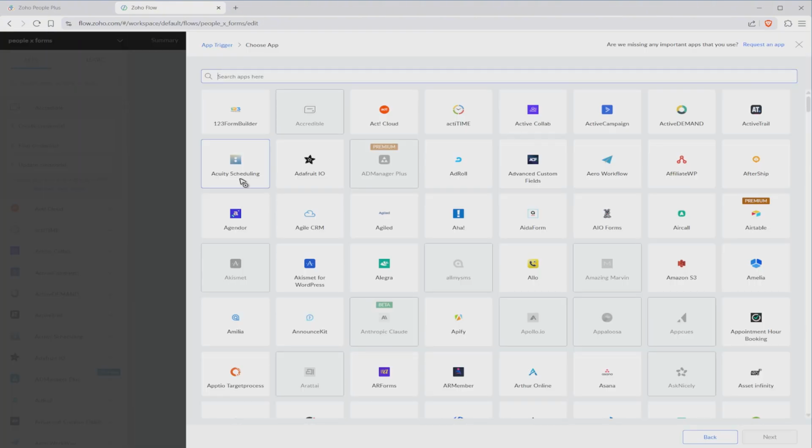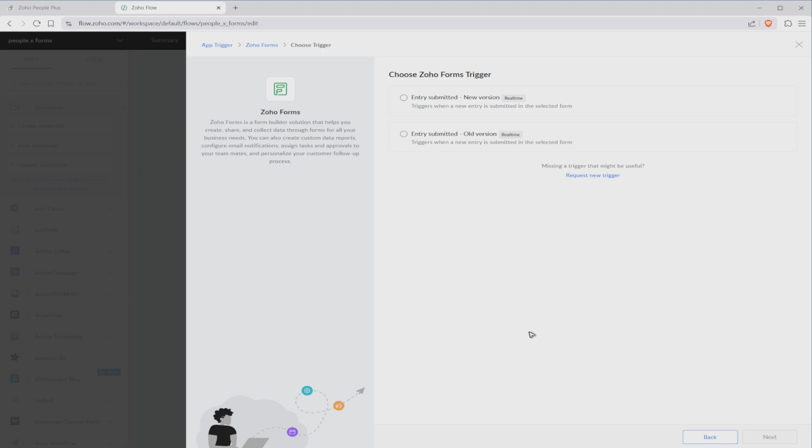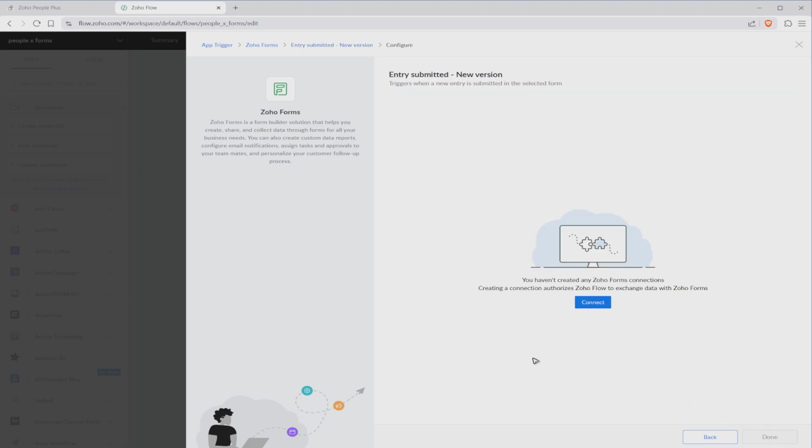Now in here, you just need to find Zoho Forms. You can use the search bar right here. Type down Zoho Forms. There you go. Just click on it. Hit Next. And just select the new version if you want to. Hit Next. And then in here, what you'll do is go ahead and connect one of your Zoho